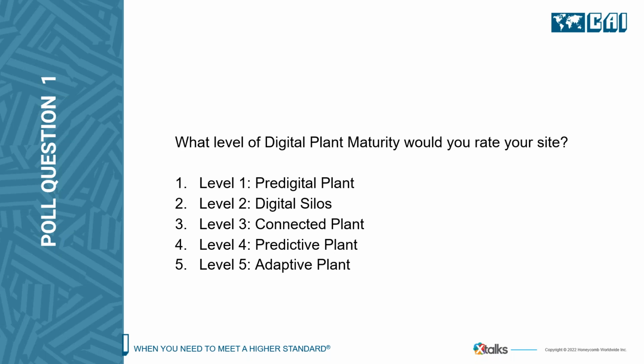Interesting. It's funny, I didn't expect so many in the predictive or level 4 plant. But I do think one of the things that this shows is it is a spectrum, right? All of our plants, and we mature along this. So no plant is probably 100% level 2 or 100% level 3 as you go forward, but we may be crossing that chasm between a level 2 and maturing into a level 3 over time. Yeah, perfect. Thank you. Excellent.